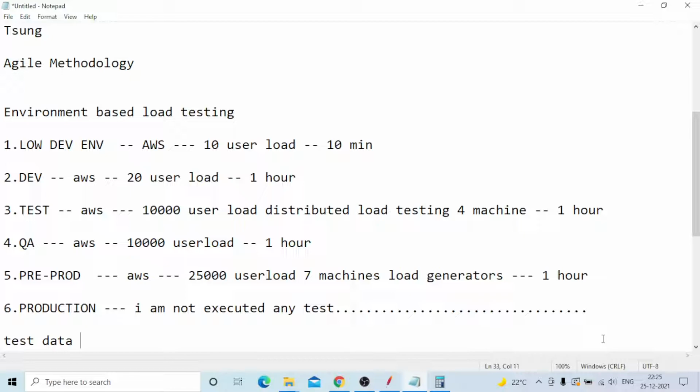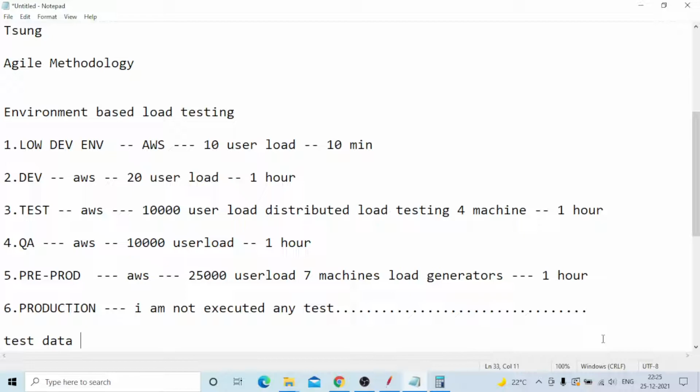Maybe you need to run 10 minutes beforehand to execute and check. That time you need to see how much time will be sufficient, and provide the proper pacing and think time. Only then will you understand how the pacing and think time work.